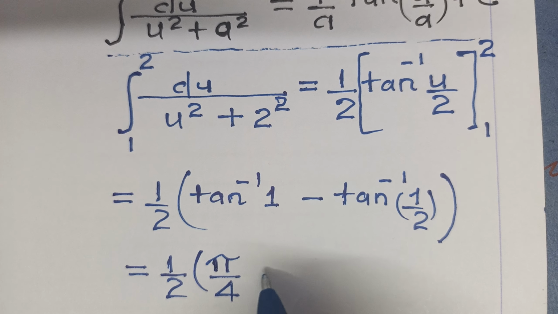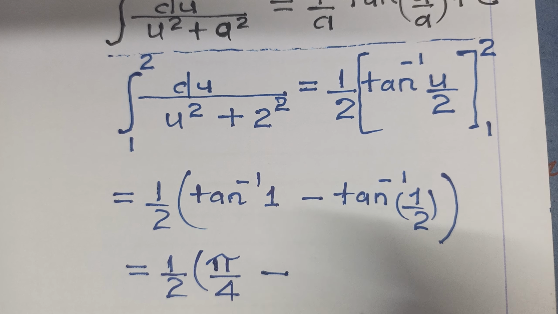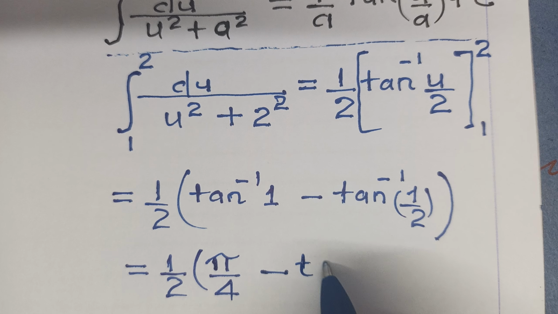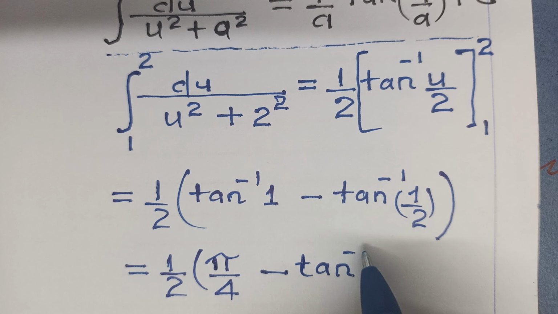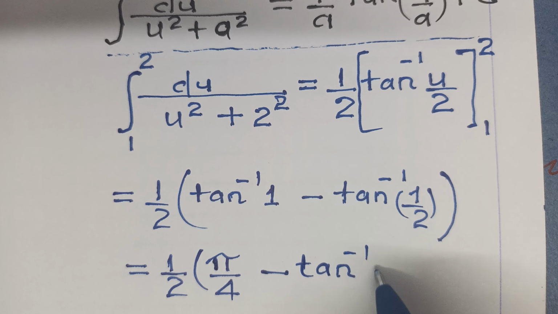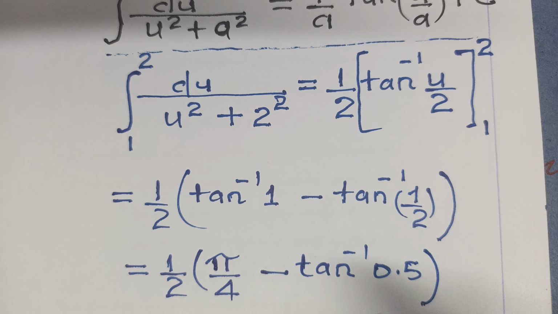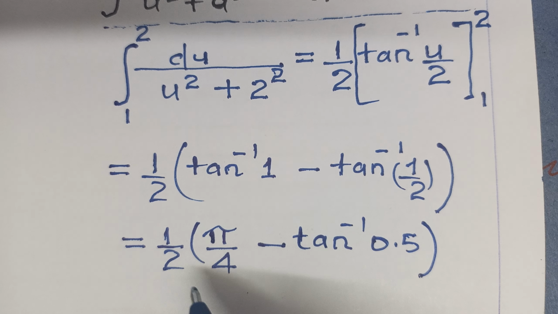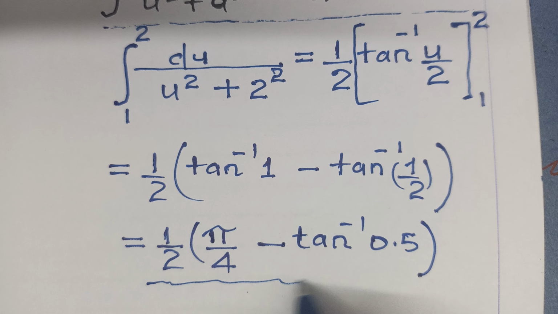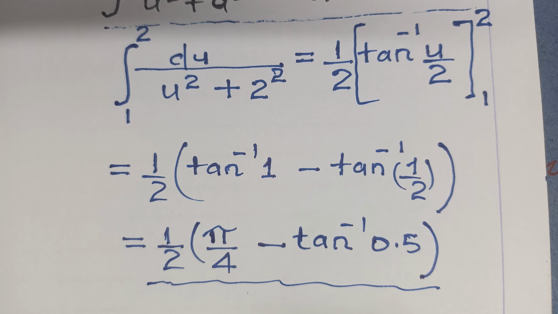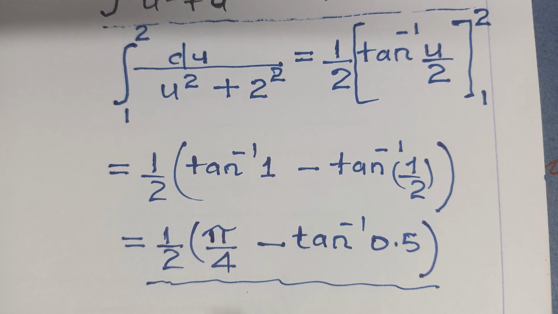Now minus tan inverse of 0.5. We can even leave it like this. And so this is our solution. Even if you leave it like that, it's quite okay. But you can actually work out and get the real